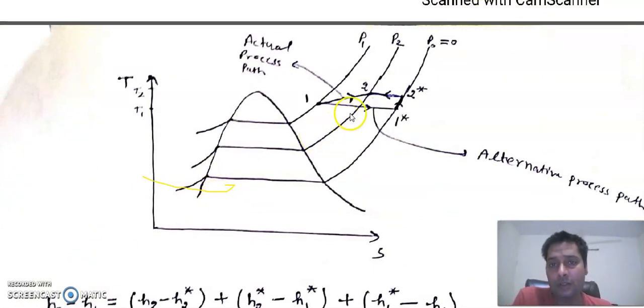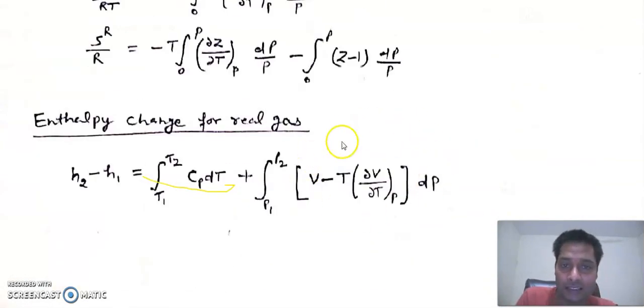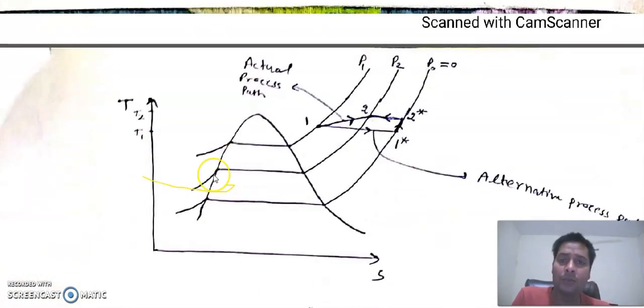So you can see we can choose any path. In that path only one variable is there, and the second variable is cancelled out. If I choose this alternative path, the number of integrations increases, but each integration has only one variable, so it will simplify our integration. So I am using this path to simplify our process.